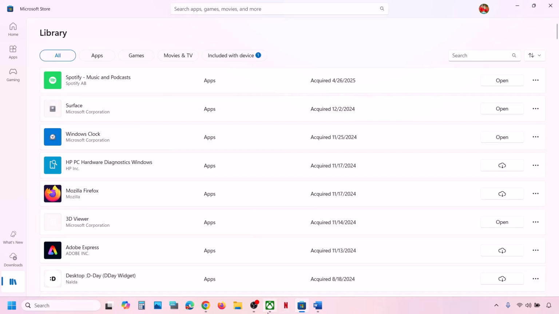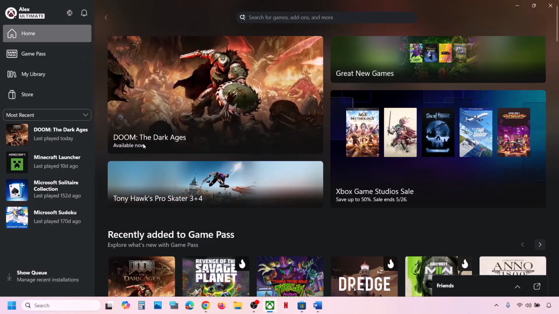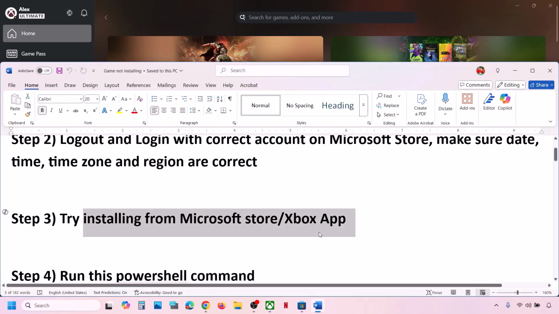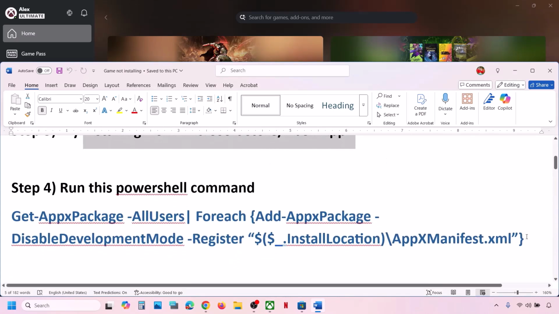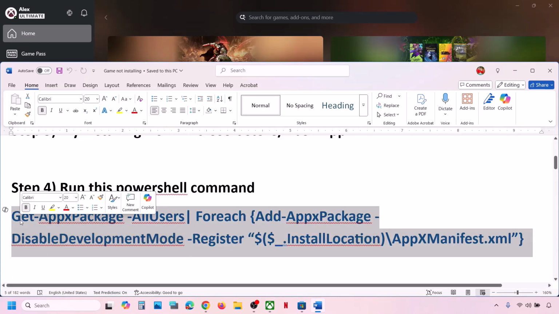If you are facing problem on Microsoft Store, then you can use Xbox app to install and then check. Now the next step is to run this PowerShell command. This command is provided in the video description. Open